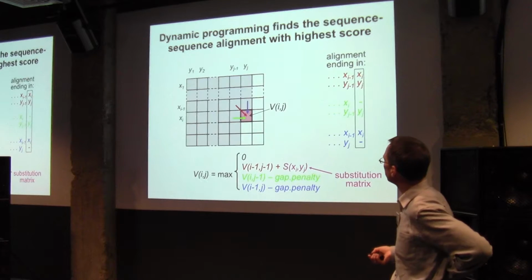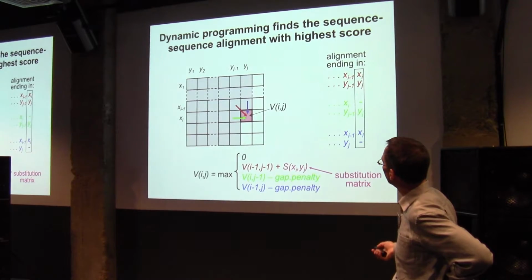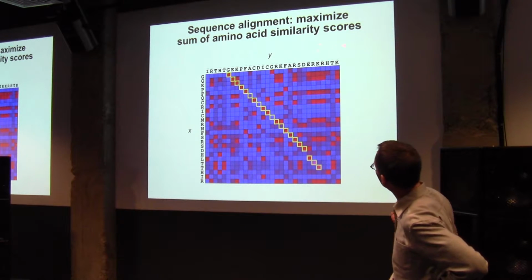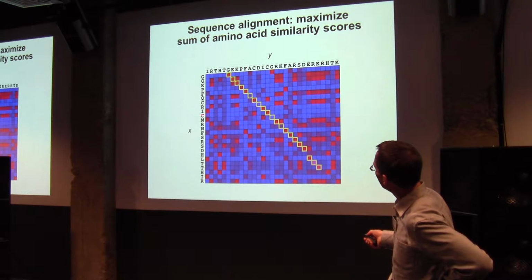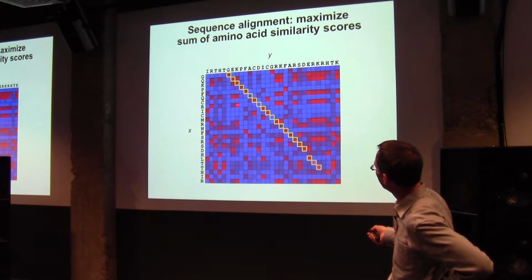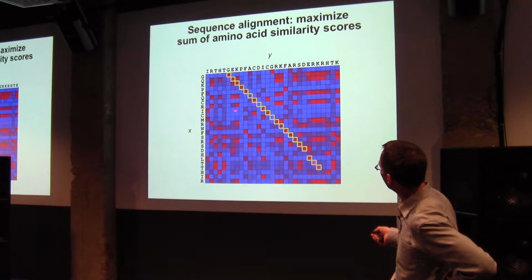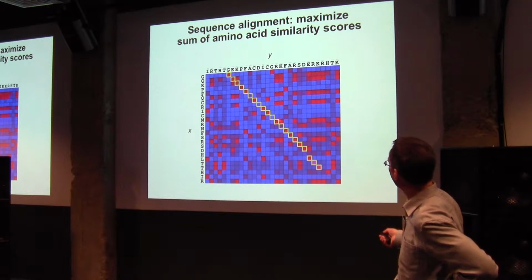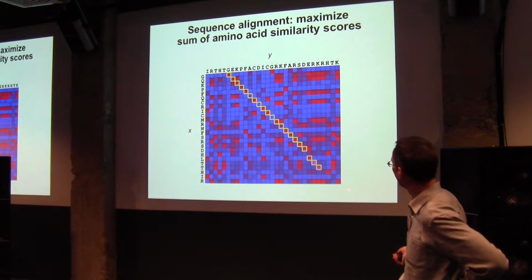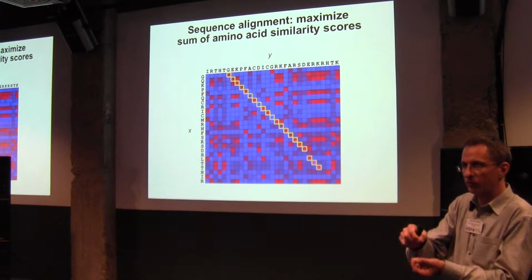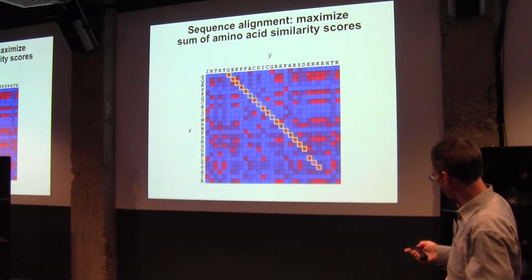So it's one of these iterative algorithms where you start. Maybe I should first introduce this dynamic programming matrix. You have the sequence X on the left and the sequence Y on the right, and each cell gives you the score of this one amino acid aligned to the other. For example, the score of R and K, arginine and lysine, is relatively good. And a mismatch, for example of a hydrophobic isoleucine and lysine, gives you a bad score. Now you want to find the path through this matrix that gives you the maximum score. And of course, the path is just the alignment, writing the homologous amino acids on top of each other. So how do you find this path?